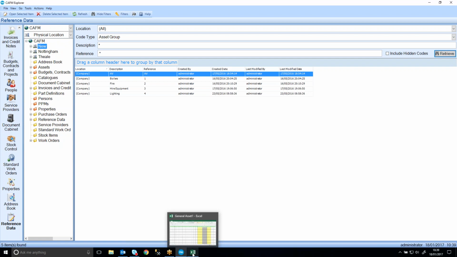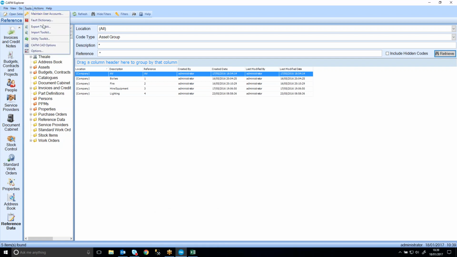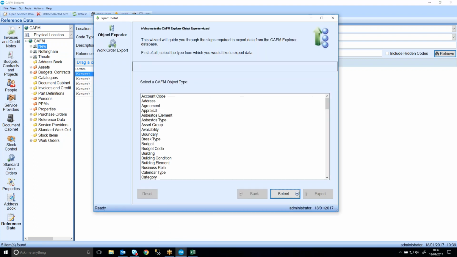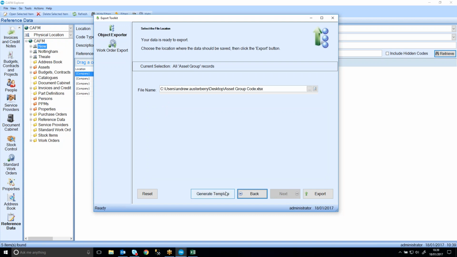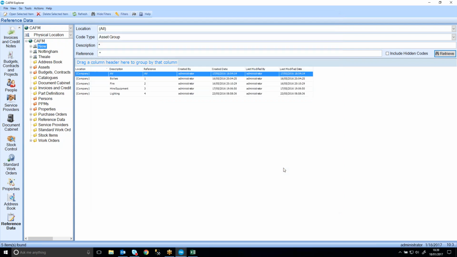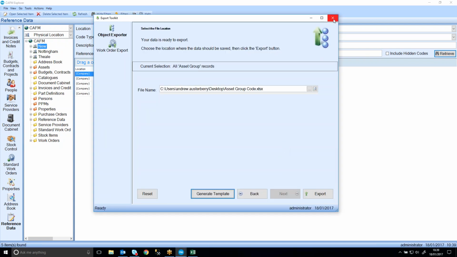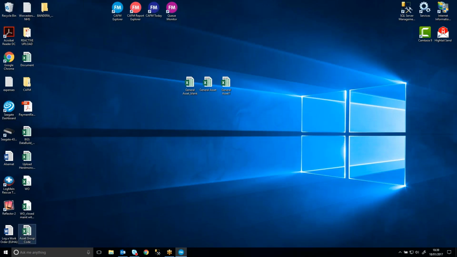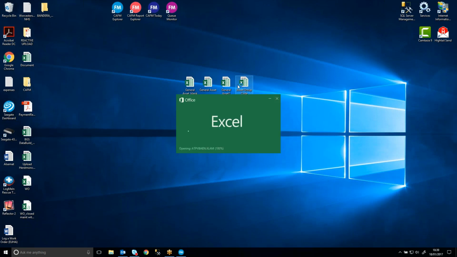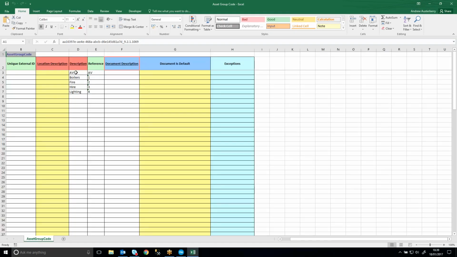Now, that's not to say you couldn't go to tools and go to our export toolkit, and as you can see here, asset group. If I click select, I'm going to now import a load of asset groups. Okay, so I say next, next. Again, I'll just put it on the desktop, so I will export the data I've got in the system. Okay, close that down for now. Asset group codes. So if I go into here, again, it's exported out the information I have already, but I could now put in there,